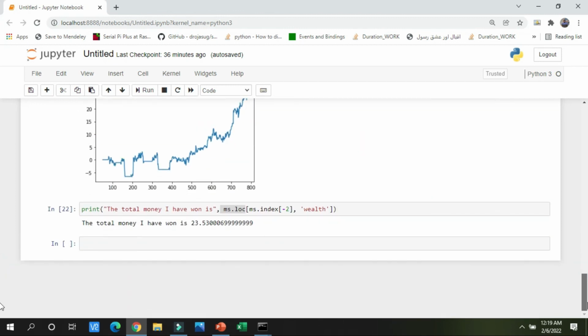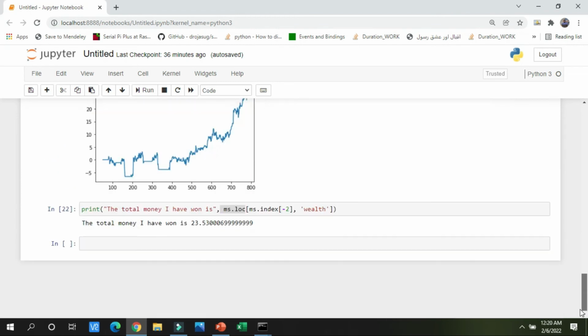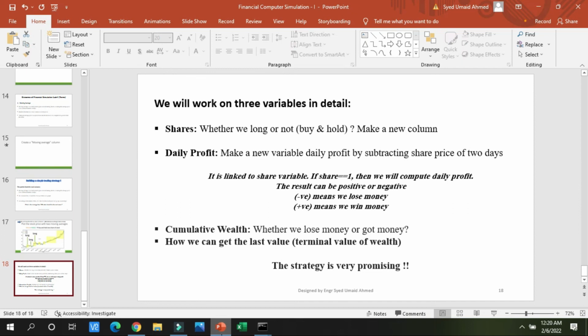In the same way, you can work on the Facebook dataset, calculate the moving average and build your own simple strategy. That's all for today. In this complete first session of the lecture, you are ready, and this strategy is very promising. In the next lecture, we will check whether there are other financial indicators for investing in stock prices, and other important predictive financial signals that help us know better about the future, whether we have to invest or not.